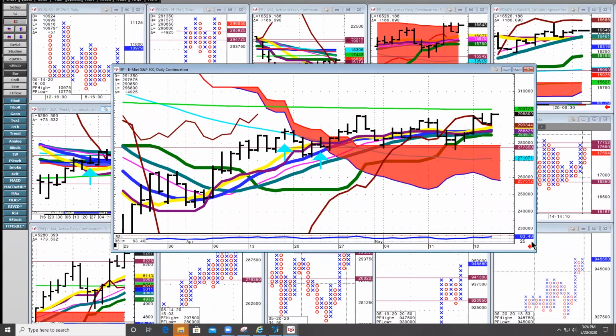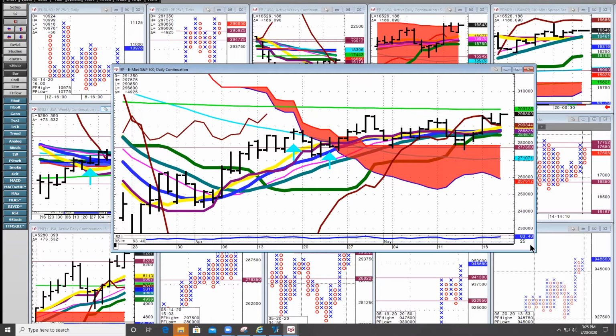Cloud studies. It was developed by the Japanese, and it's called One Look because it tells me where the market is in one look. When it comes back down to the top of the cloud, it's support. If it's coming up into the cloud, it's initial resistance. So it'll keep me out of trouble visually. You can see where the 200-day moving average is in the S&Ps. It's 29.97 and a quarter.